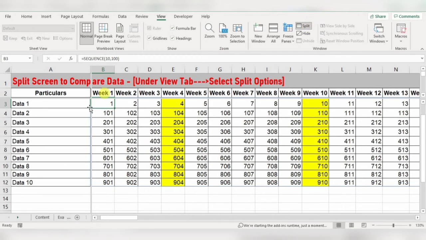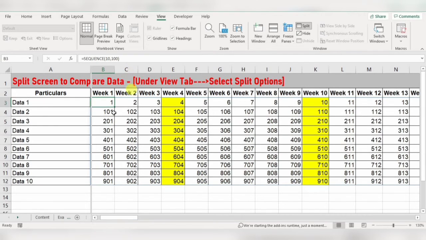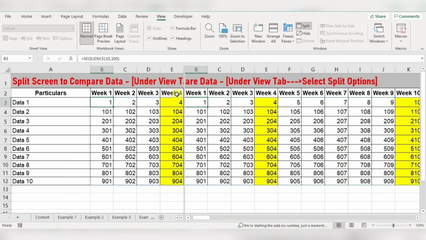Click Split, and immediately you will find one gray line. Now I have to split the data based on vertical data, so this I don't want, I am removing it. I want this split data, I have to compare week 4 with